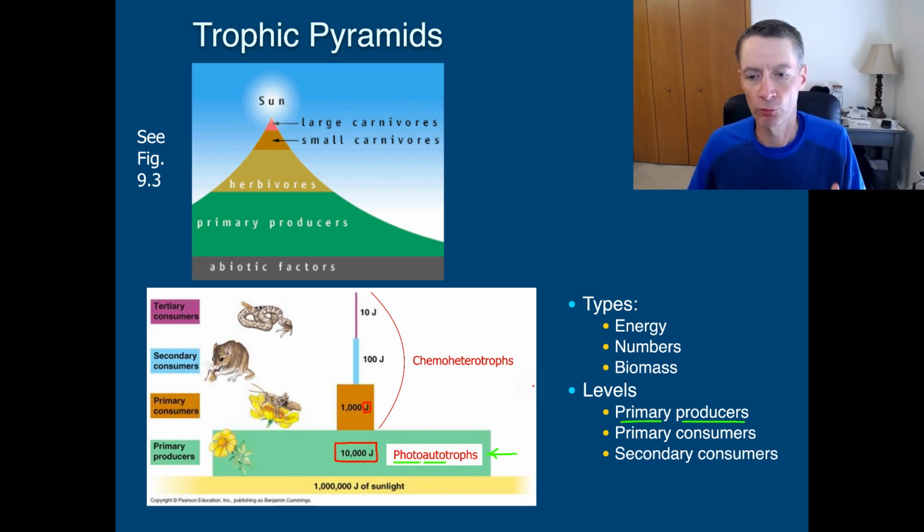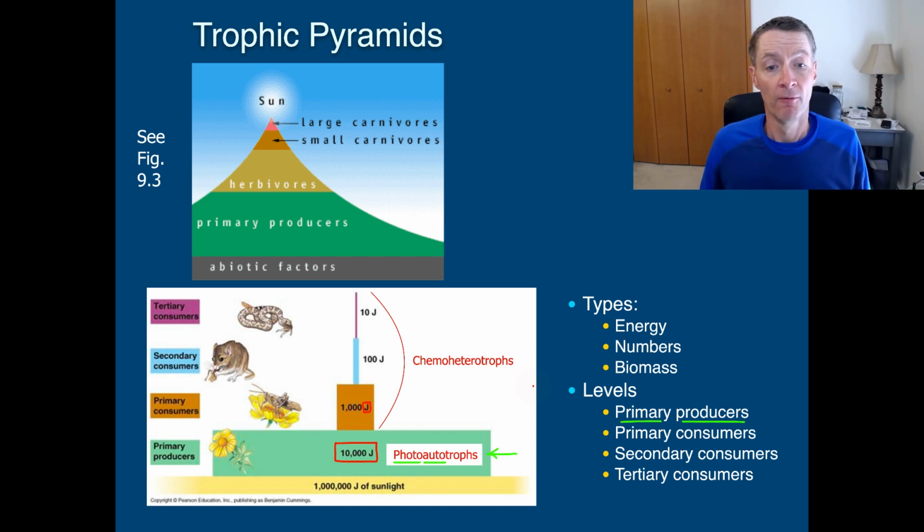Now, all of these would be considered consumers. For the most part, chemoheterotrophs. Chemo, they get their energy from the chemical energy in the food they eat, break those bonds, get more ATP. But they also use the food they eat as a carbon source, right? What this basically means is that if you were to eat something in a second or third level for dinner